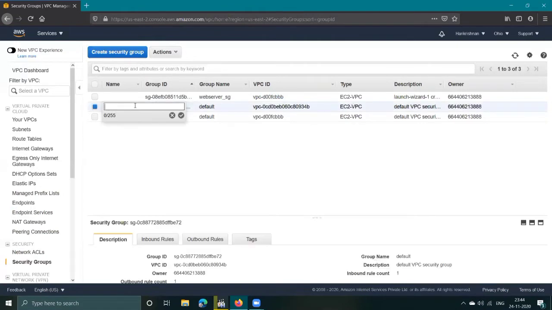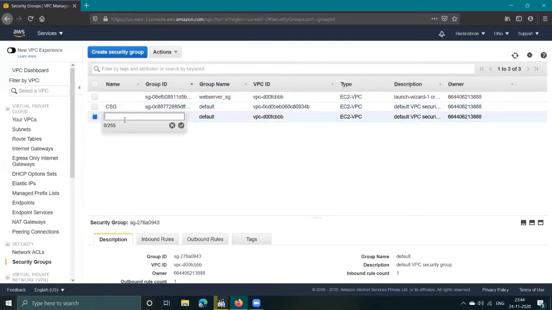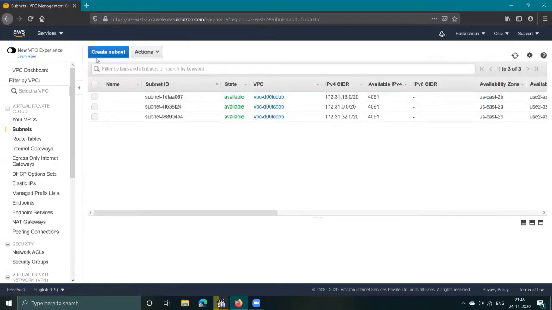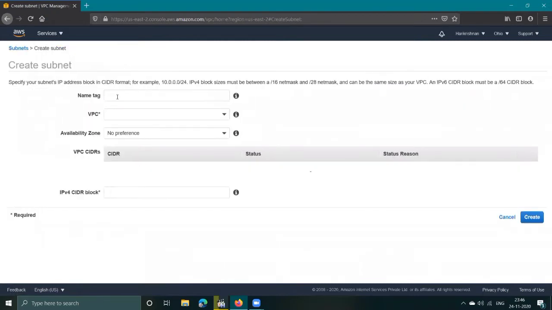Now go to your VPCs and see the same ID as in the security group. Name security group one as CSG and the second one as DSG. You can see both our security groups are created.